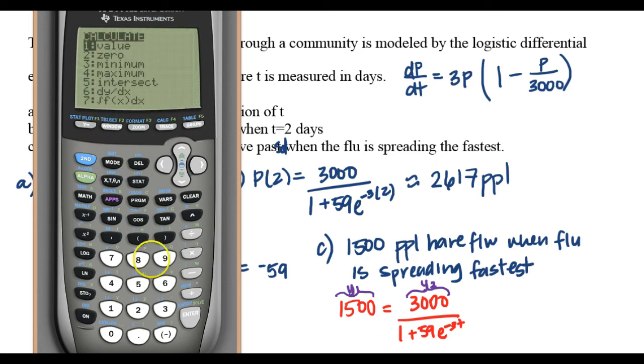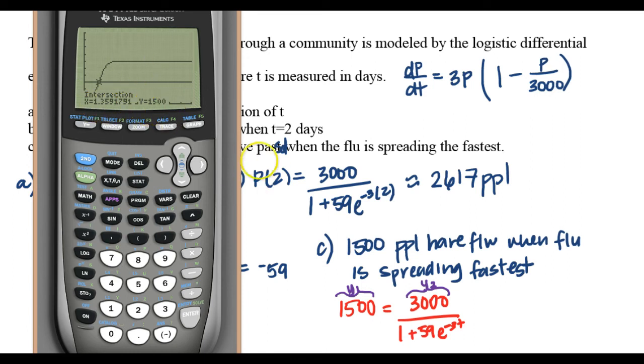So we're going to go to second, calculate 5 for intersect. And I'm on the first curve near the point of intersection. So enter, second curve, enter, and then guess, we're going to hit enter. So there's my point of intersection, x equals 1.359. So that's my t value. So at 1.359 days, that's when